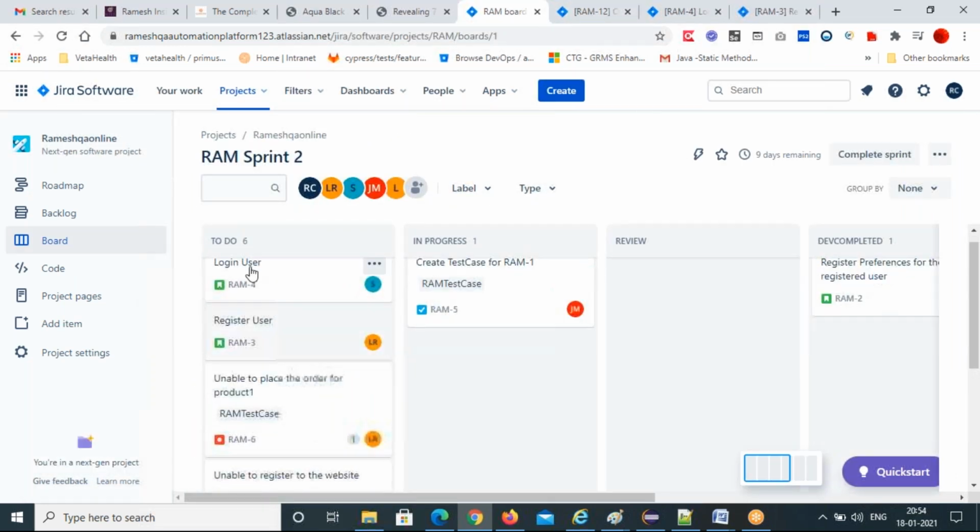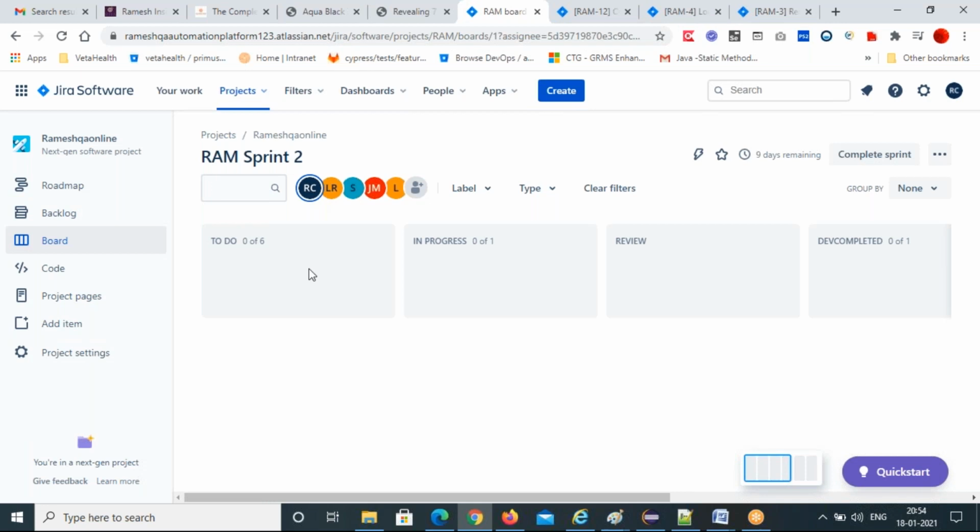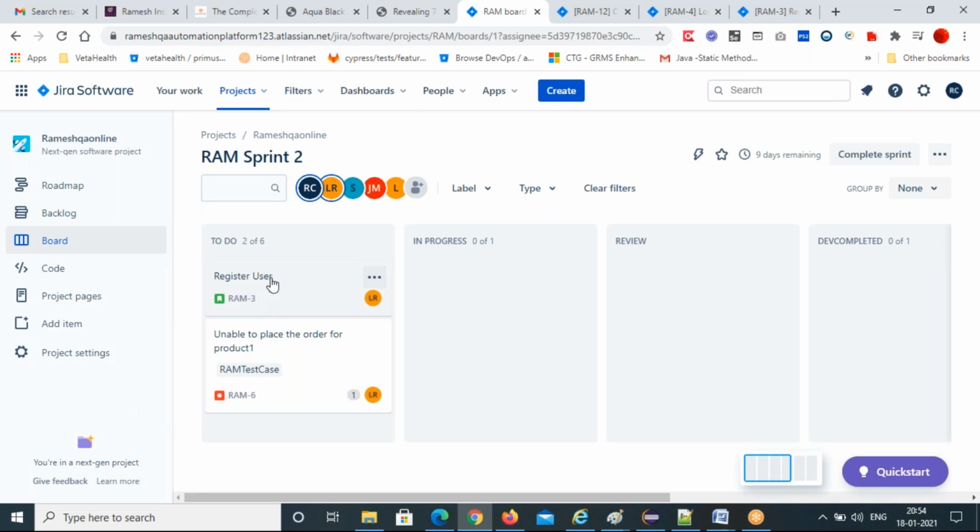This is the same dashboard. Can you see in the to-do list how many are there and the people? And you can click on Ramesh. If I click Ramesh, are there any issues for Ramesh? No issues. And you can see Lavanya has the registered user and this bug. These two bugs are under Lavanya. So Lavanya has to work on this.